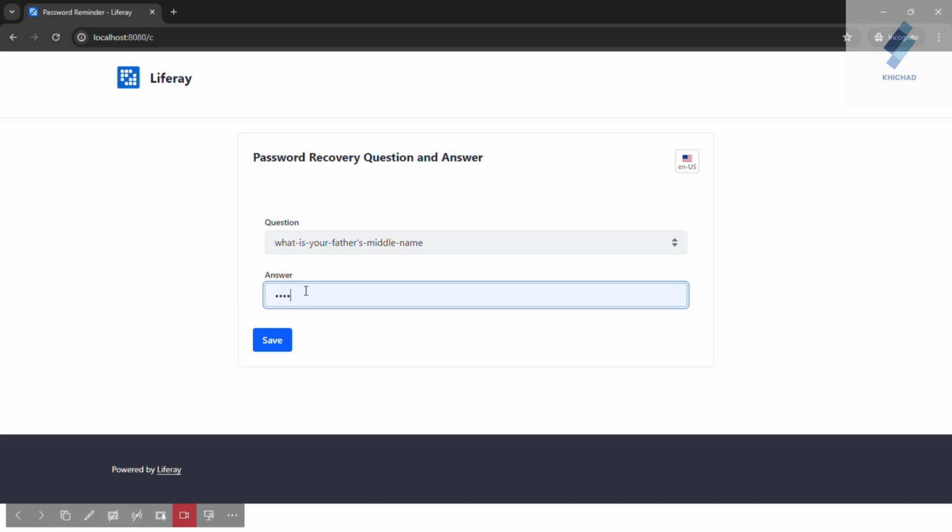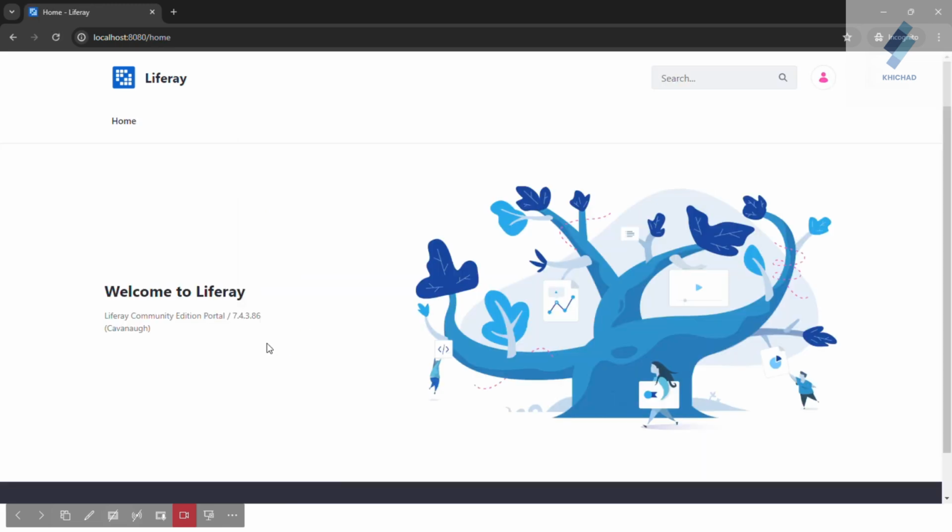So I just give the security answer and now you can see your user successfully logged into the Liferay portal. This user is an LDAP user. We need to set some permissions and admin credentials through Liferay.